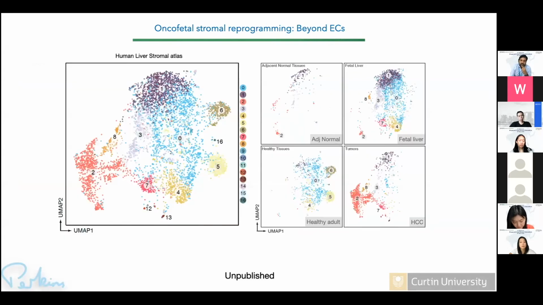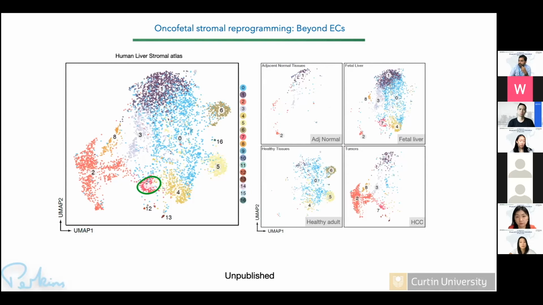So since then, we started asking questions. We know there's an immune cell which is oncofetal-like, and we know there's an endothelial cell, a stromal cell, which is oncofetal-like. Are there other cells which could be oncofetal in the tumor microenvironment? And we found one more population which is stromal, but since the work is currently in review, I can't reveal the specific marker of this population. But we found that there are more oncofetal cells in the tumor microenvironment than were initially discovered in the first study.